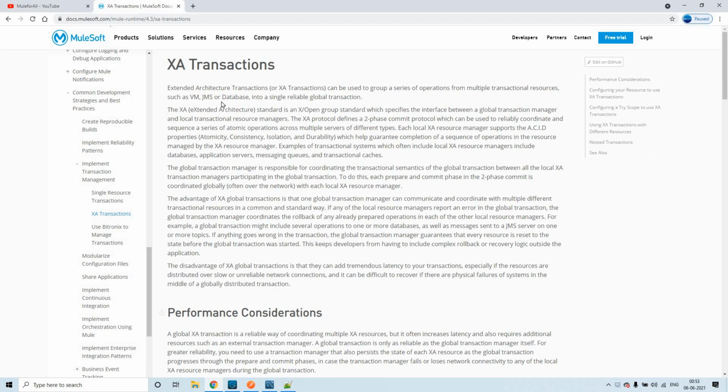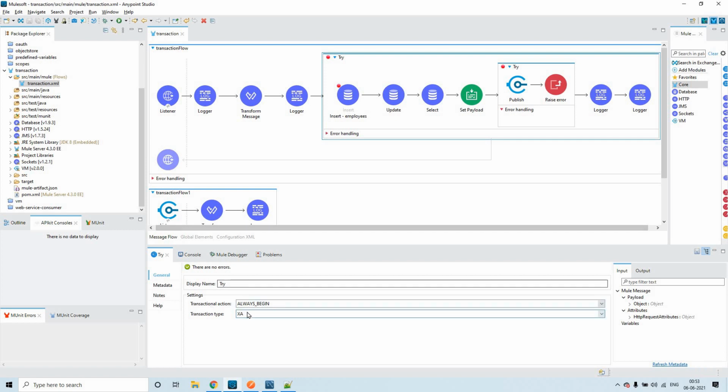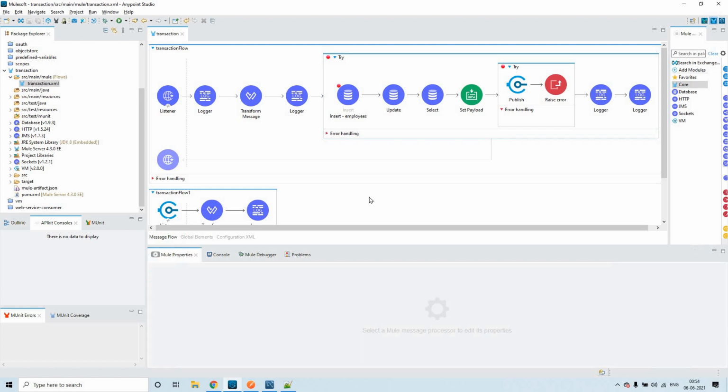So what does XA mean? XA means extended architecture. As we discussed in the previous session, when we make a try scope a local transaction type, it accepts only one configuration from an operation which supports the transaction.